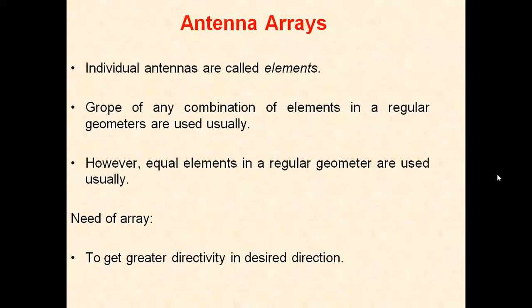An array is said to be linear if the individual antennas of the array system are equally spaced along a straight line. So we place the array elements in equal spacing, and we get the linear array. A uniform linear array is one in which the elements are fed with currents of equal magnitude with uniform progressive phase shift along the array of elements. So to get greater directivity, we are providing antenna arrays.